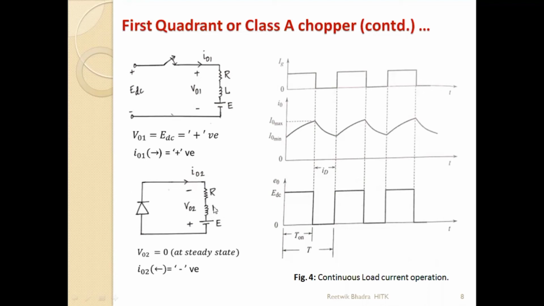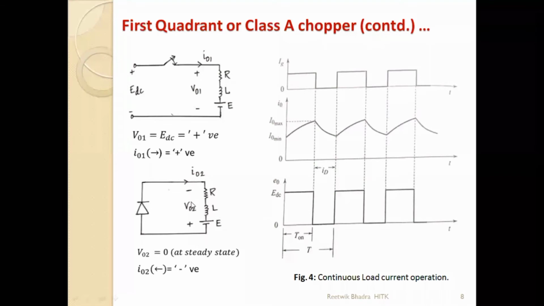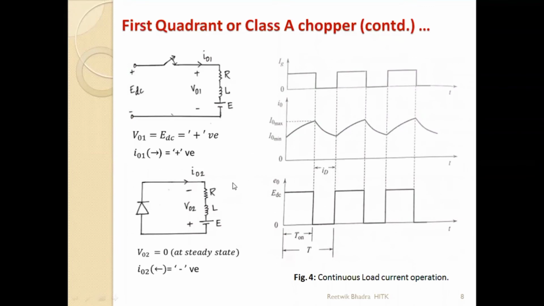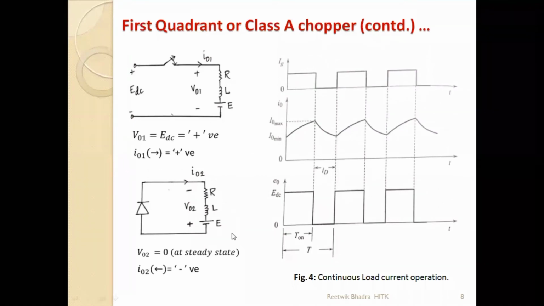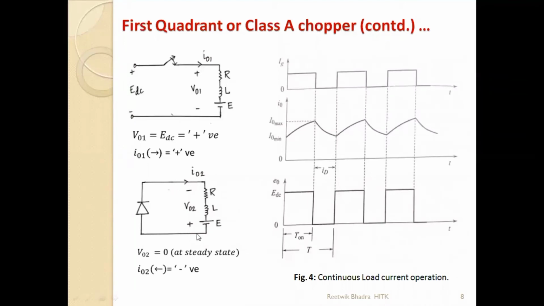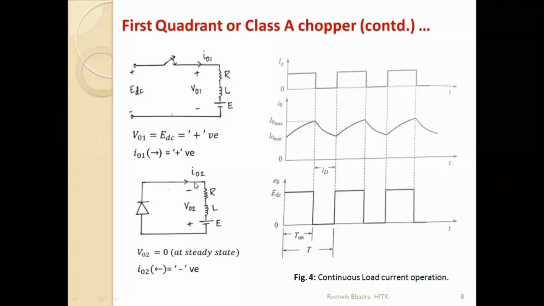The V02 expression you can write as RI plus L di by dt, plus... no, because the polarity has changed, minus L di by dt. That's why if you write the KVL over here, you will see that over here it was RI plus L di by dt plus E. If you write over here, it will be minus. From that minus, you will see the magnitude is decreasing, right? The voltage is actually decreasing. A decreasing voltage is what we represent as minus. That's why the polarity is changed, because it is a decreasing quantity. That's all.